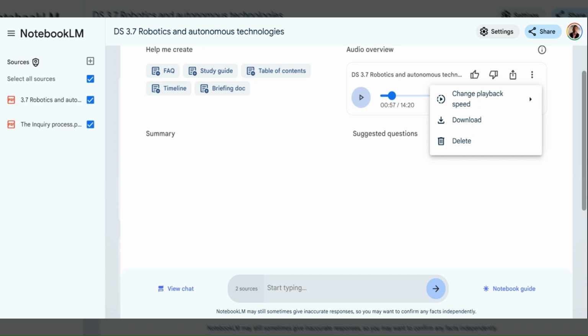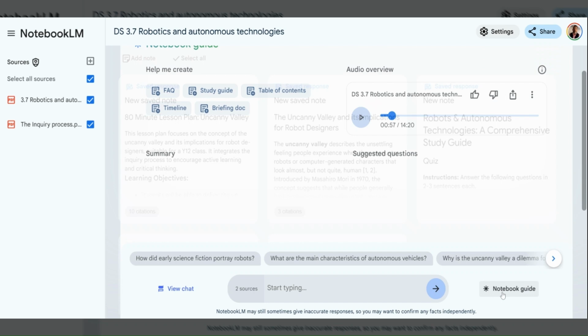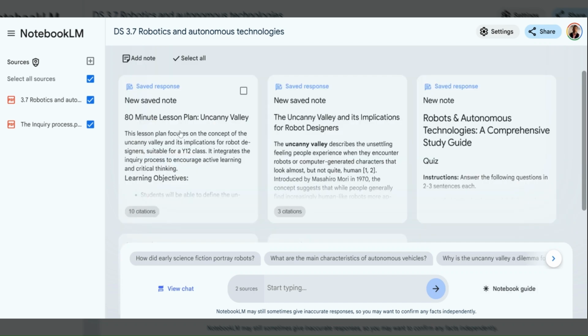So maybe how could I use the inquiry process to work through robotics, and then there'd be a podcast discussing that as well. So you get the opportunity to generate multiple podcasts from the same resource. And that is a whistle stop tour through how you can use Google Notebook LM to help create